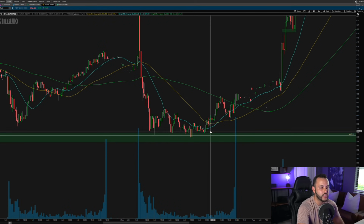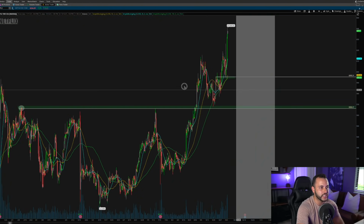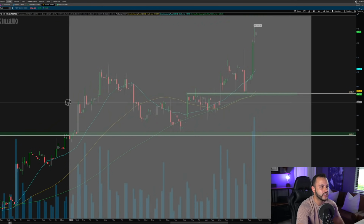It held that level all day, even with that big pullback in the morning. Held it all day, pushed off of it later in the day. If we go back to the 4-hour chart,